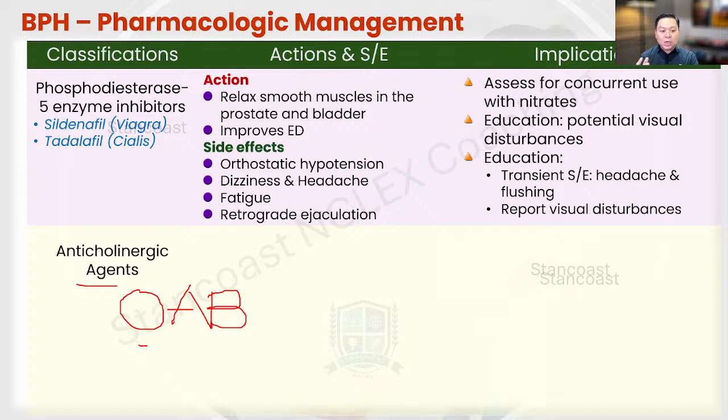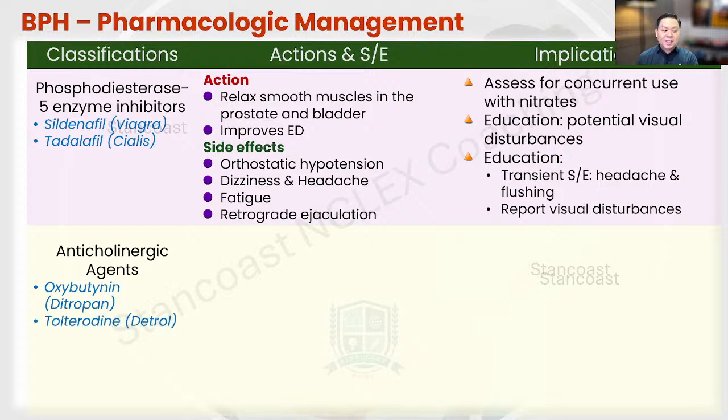It doesn't cause relaxation of the smooth muscle, okay? And so, yeah, it has a different indication, but I just included it here because this is a problem that will also occur in this BPH patient. Now, what are the examples of the anticholinergic agents? So what are these meds? Well, these are your Ditropan or the oxybutynin, and there's also the Detrol or the tolterodine, and this is going